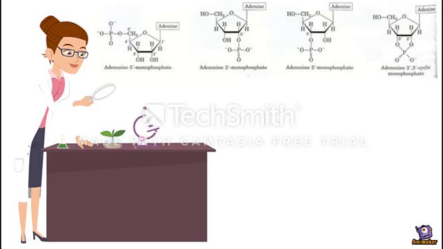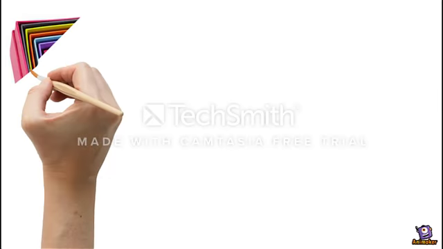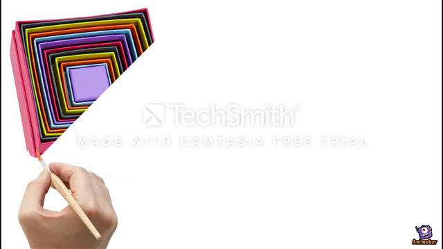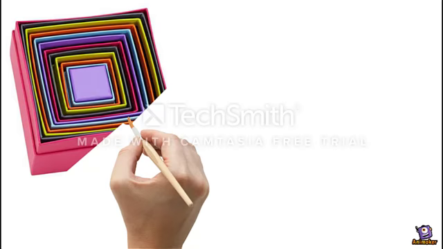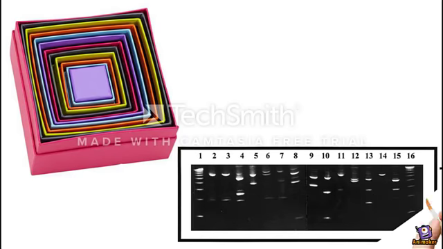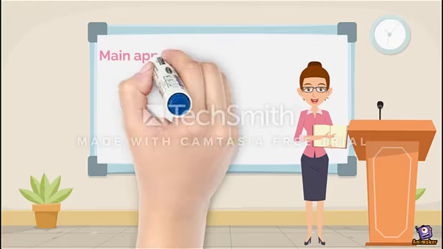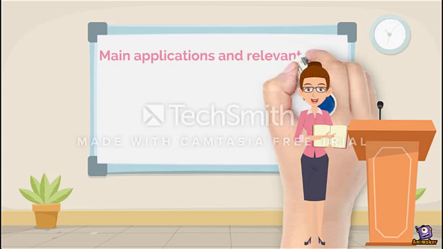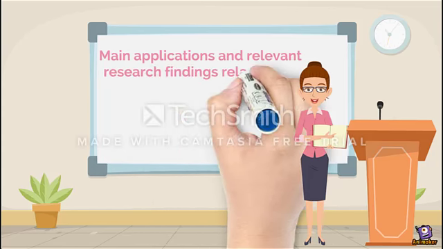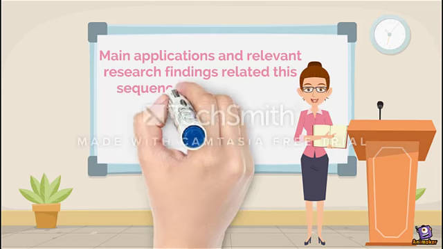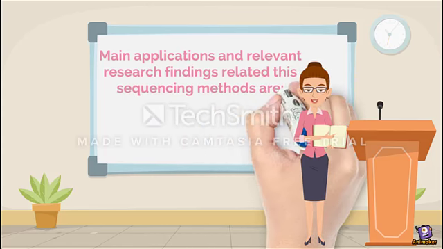The modified bases are then removed from their sugar groups and the strands cleaved at this position using the chemical piperidine. The theory is that given the large number of molecules and the different reactions, this process will produce a set of nested fragments. Main applications and relevant research findings related to this sequencing method are the mapping of adenines, guanines,